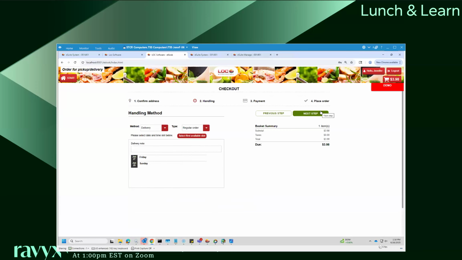Then they can go to the next step, and this is where they can pick delivery or pickup. So you can set your store to be one or the other. If you don't have a delivery option, that's fine. We can just set it to be pickup only, and it would only show a pickup option in here. So I'm just going to go ahead and do pickup. And then down here,